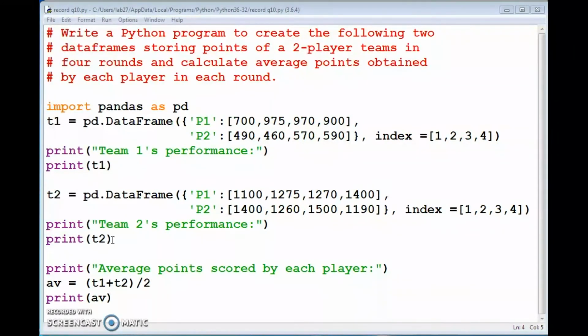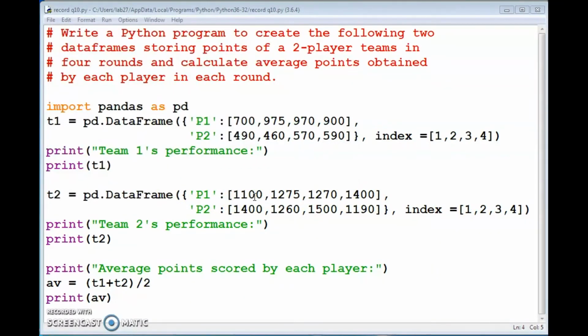Then our question is to calculate the average points obtained by each player in each round. How can we calculate the average points? In the first round, P1 scored 700 for team 1. Then for team 2, first round P1 scored 1100.